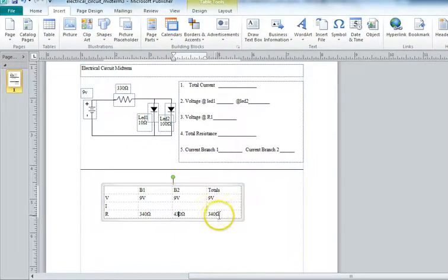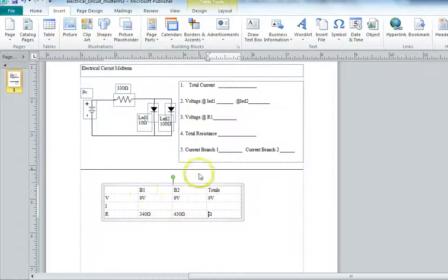And then the totals, we don't know. You can't just add this and that and put it here. That doesn't work out. So we're going to calculate that later. After we get this field put in, then we'll be able to use Ohm's law to calculate this field. Alright, so we do have enough to get started here. We can do the current